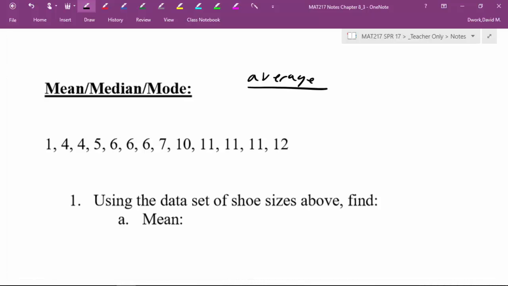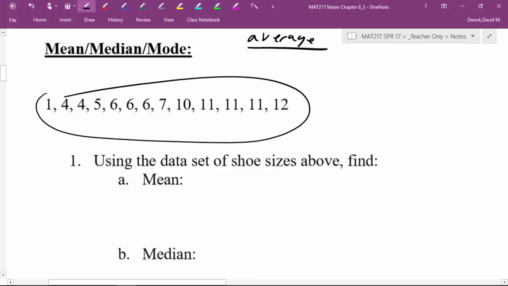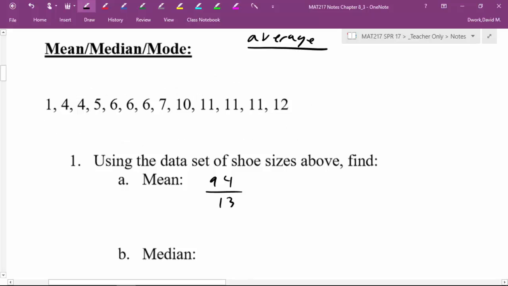Find the mean. Okay, so pause the video, find the mean. All right, how do we find mean? Mean is the sum of all of these values. You literally just add them up. And when I did that, I got 94, and then you divide that by the number of numbers, and I count 13 numbers. So therefore, 94 divided by 13 would equal